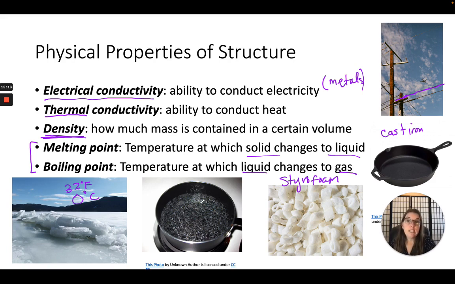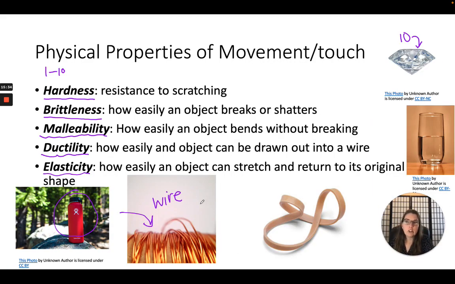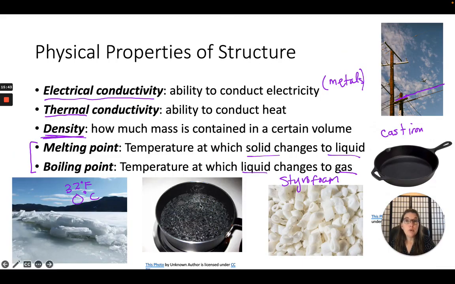And you're going to need to memorize these definitions and be able to recognize and describe physical properties of certain substances. And there are going to be more than one property for many things. Everything has its own melting point, its own boiling point, its own density, and it has varying degrees of strength, varying degrees of hardness or brittleness or malleability. Some has a lot of malleability, some has a little bit of malleability. So you are going to need to be able to do both of those, and